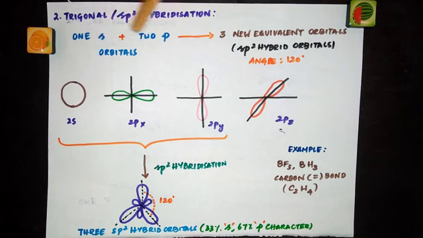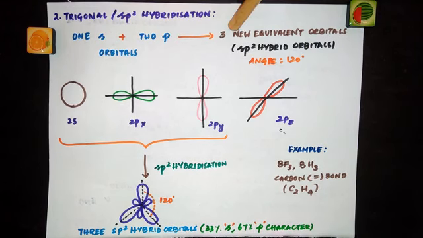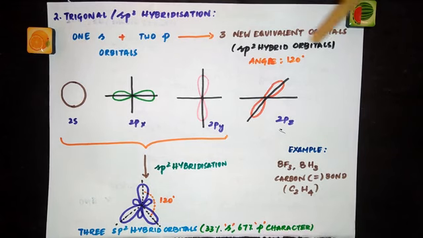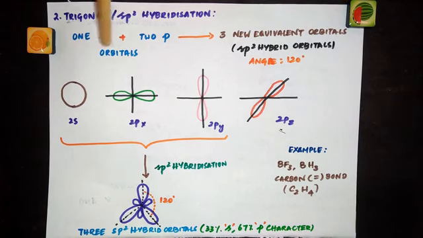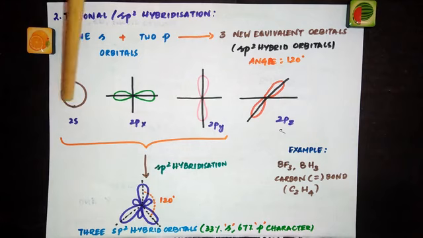See, 1 s and 2 p orbitals are undergoing hybridization. They are going to mix to form 3 new equivalent orbitals, because 1 s and 2 p, so totally 3 atomic orbitals are mixing up. So you will end up with 3 new equivalent orbitals, and we call that sp2, 1 s, 2 p. So sp2 hybrid orbitals, and all the 3 hybrid orbitals remain in the same plane and make an angle of 120 degrees. Just like we have seen in the case of sp hybridization, the 2 hybrid orbitals form an angle of 180 degrees. Here all the 3 hybrid orbitals are going to form an angle of 120 degrees.